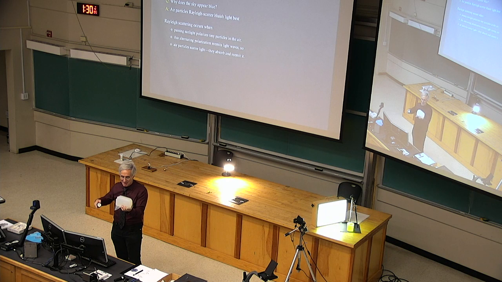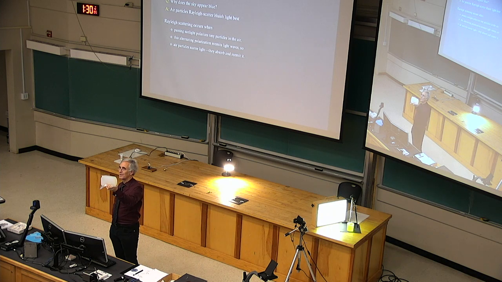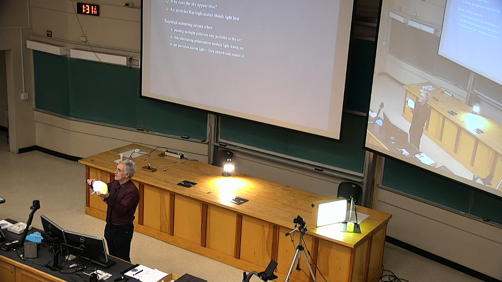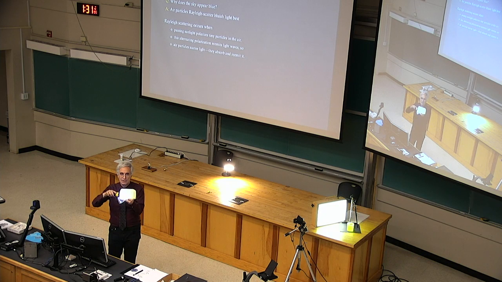The details don't matter. But the particles are in there, and they are very good at Rayleigh scattering, and there are a lot of them. So this is the equivalent of a lot of miles of the Earth's atmosphere. And if I shine white light, pretty much white light, into there, you see a lot of Rayleigh scattering near the flashlight. You see blue. Is that pretty much okay with everybody?